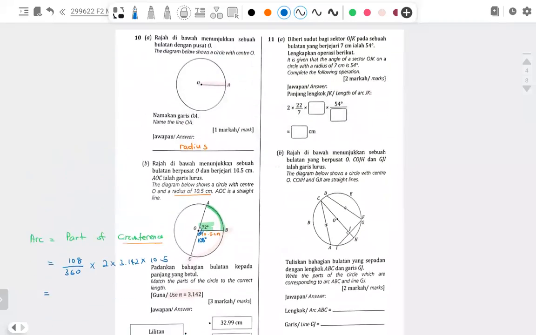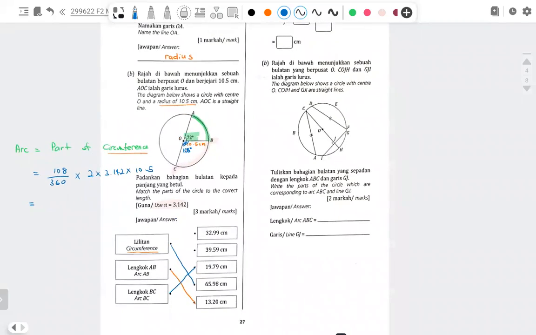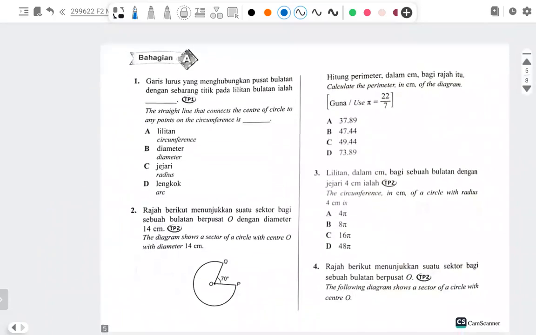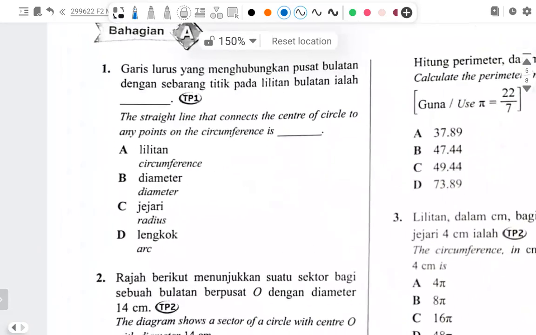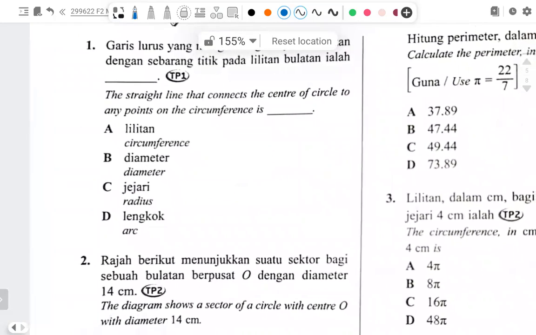Okay, let's continue with 11. Next question, Section A, objective. Let's do the objective. I need you to try, and then send your answer in the chat box. Number 1: the straight line that connects, again, keyword, connects the center to any point on the circumference is known as